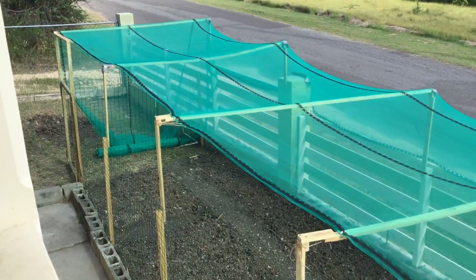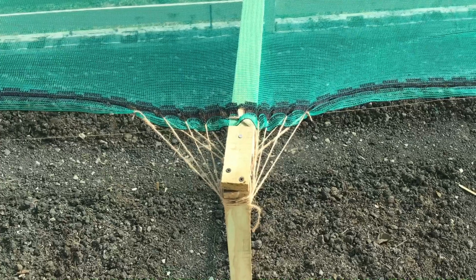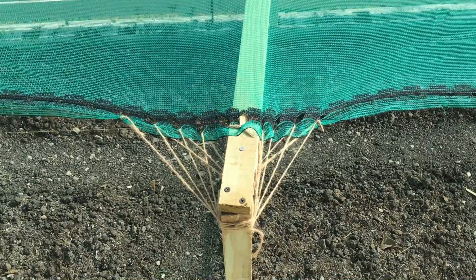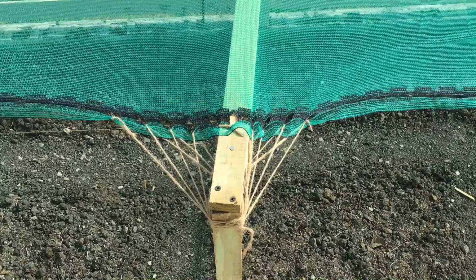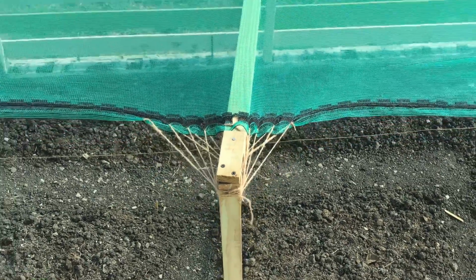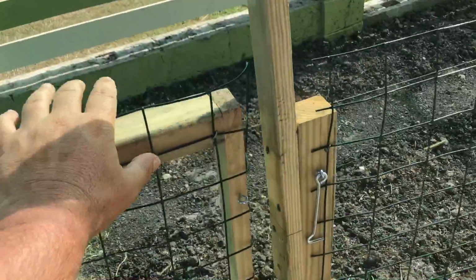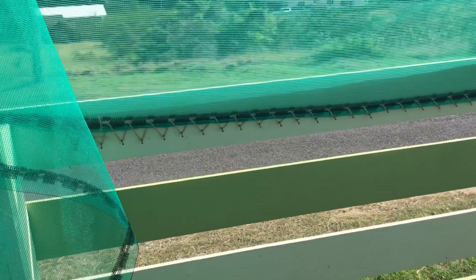So I took down what you saw this morning, I took it all down and then I put it all back up, but I've extended it. Because it's only tied to the posts every 4 or 5 feet, I've come up with this kind of way of lacing it to the post. And it's only on this one post so far, but I'm going to do it on the others, I think. So it'll also go on this one and these two. Going inside, I can open the gate, go inside, and you can see how it's laced up on this side,